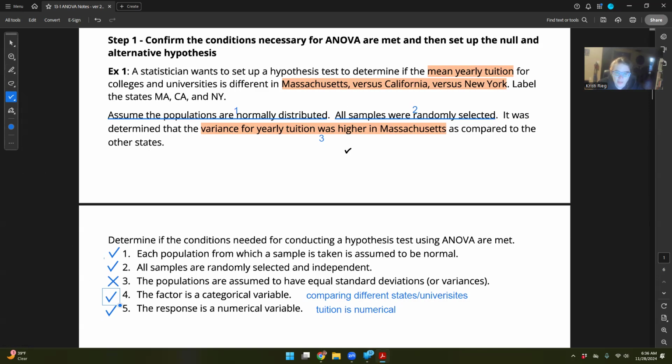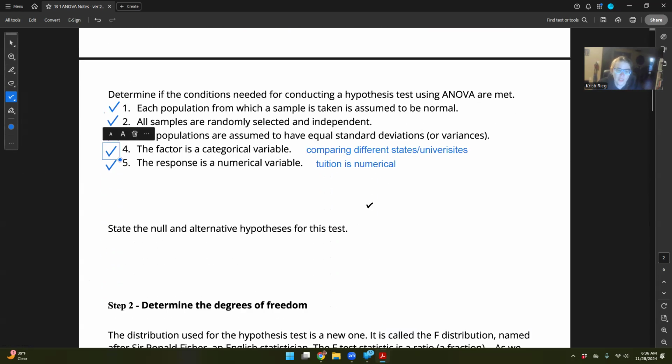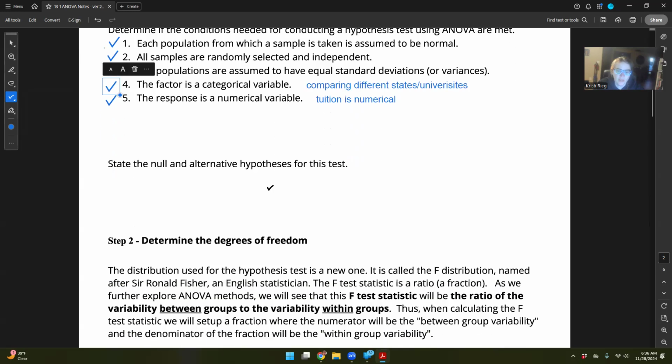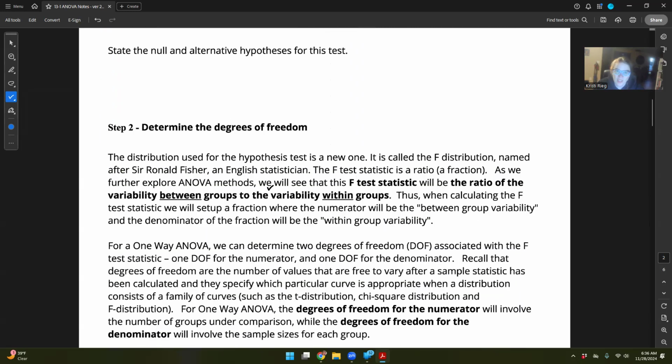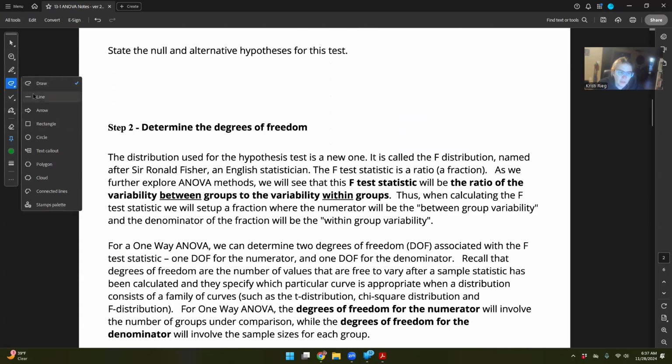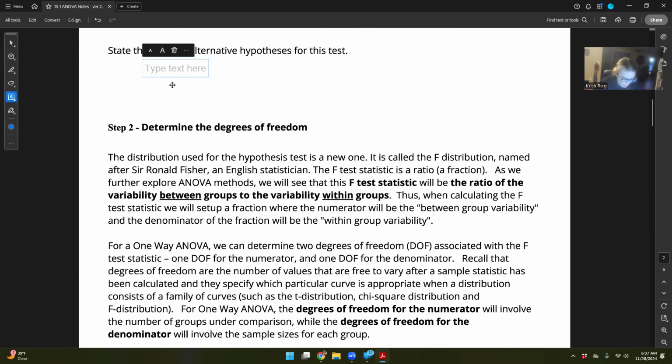Okay, so using the same example, we now want to set up the null and alternative hypothesis for this test. We're not going to do the test, because you can't do the test since the variances aren't equal, but we can just set up a null and alternative hypothesis. I'm going to write this a little bit weird. Actually, I'm just going to write the word mu. I think that'll be a lot easier. So we have the null